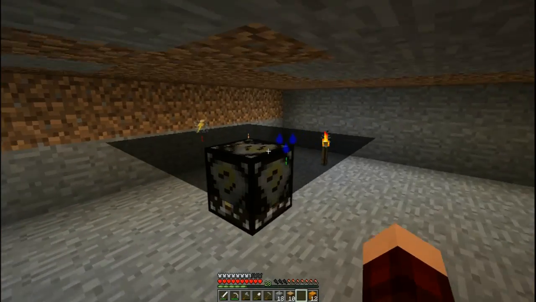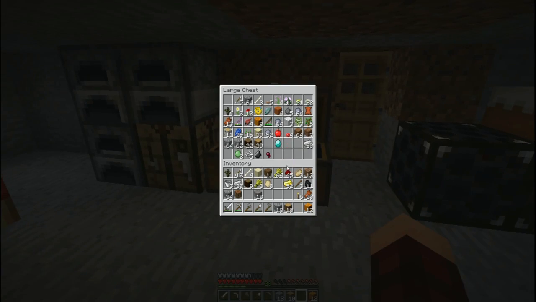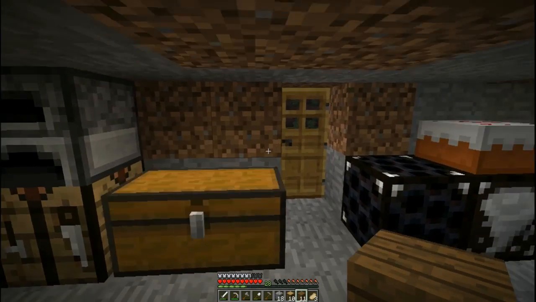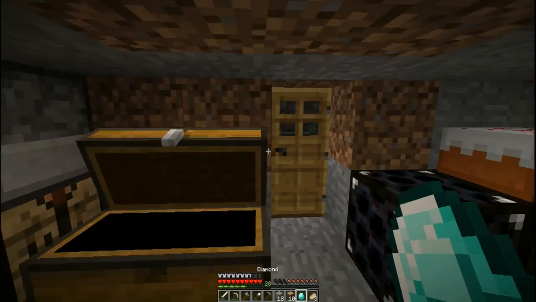So this is really cool. Now that I understand how this works, this is awesome. Let's dump some of this valuable stuff in here before we go off hunting. A bunch of stuff. I need to make more chests. Yes, I need to make more chests. We'll make more chests later. Let's grab this one diamond. That's really pointless if we did end up losing this, but